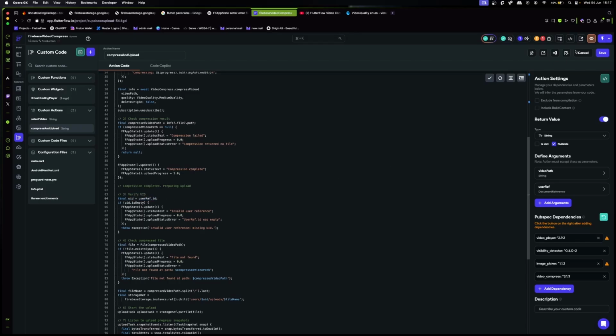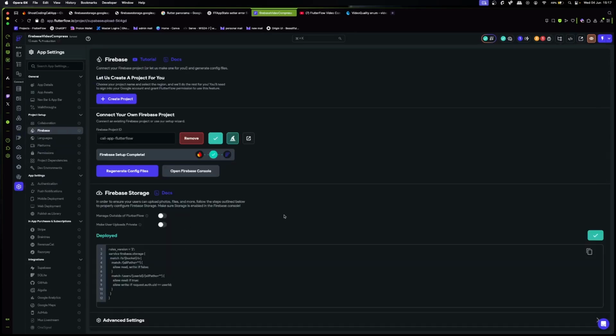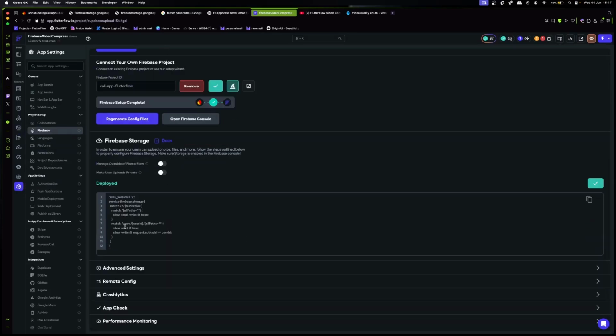The reason why we need this, let me just save here, is the way that Flutterflow set up their Firebase, or Firebase storage in this case, is that they generate a users folder, and inside that users folder, they're generating a user ID. So there's a new folder associated with the ID of the user that is actually uploading a file, and then they're reading all the paths, right?